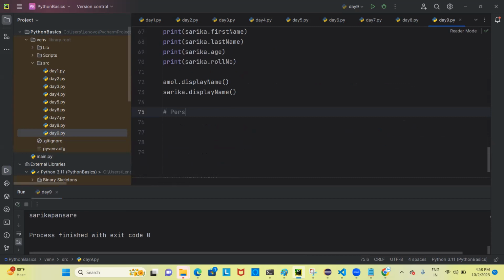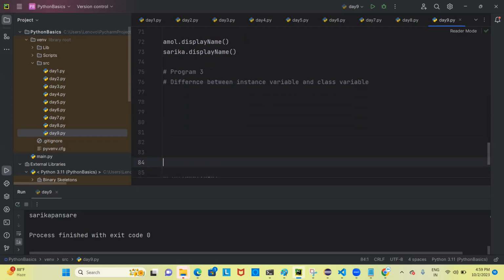So now we'll talk about the difference between the instance variable and class variable. So we need to talk about the difference between instance and class variable. Okay, so let me quickly jump to